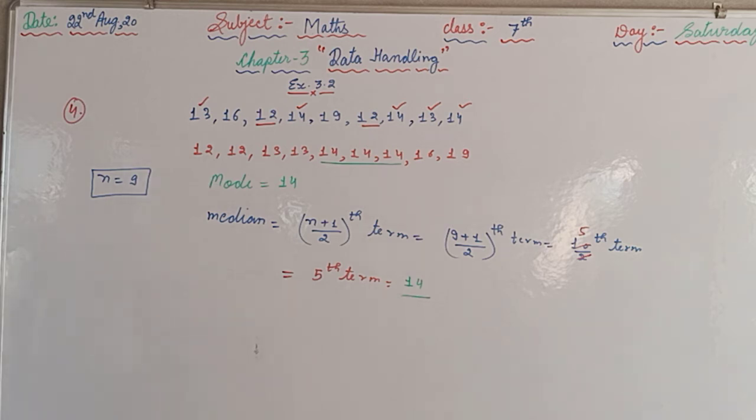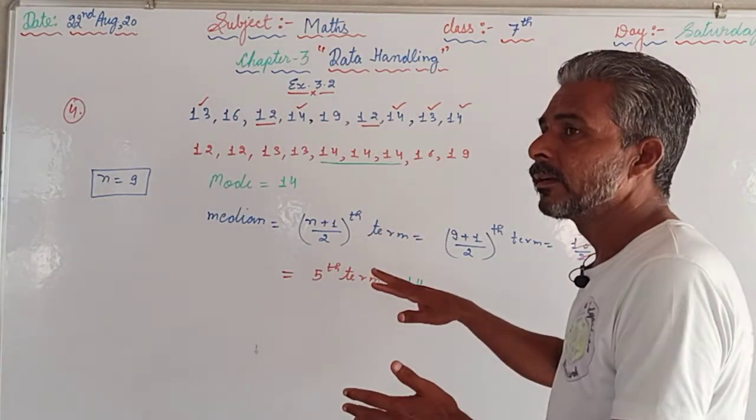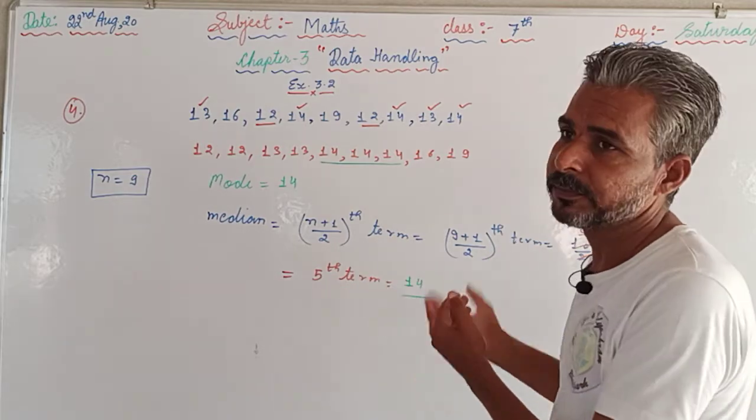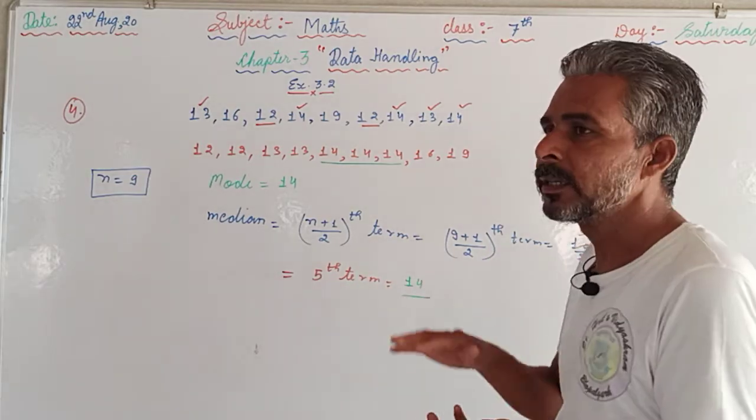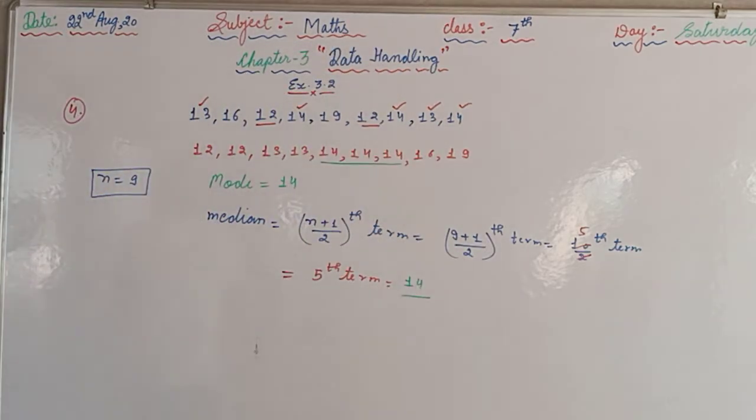Next one, the median is always one of the numbers in a data. Median, how to find the median? We are supposed to find the term. Which term? Either fifth term or sixth term or seventh term of the observation. Means the median will always be from the observation. So that is true. So next one, fourth, the data 6 4 3 8 9 12 13 9 has mean 9.